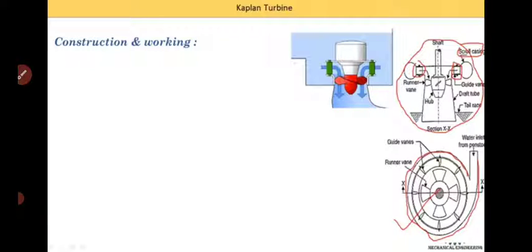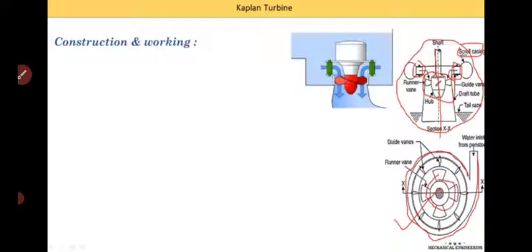Because it is a circular component, in the front view we are looking at both sides. Here you see this is a guide wheel, and a number of vanes are installed on it. Then water from the guide wheel is supplied into the runner. So this part is our runner, and this runner is mounted on the shaft. It is a vertical component, this is the shaft axis. Parallel to this axis, water is supplied into this turbine. And from the top view we see there are 4 vanes: 1, 2, 3 and 4.